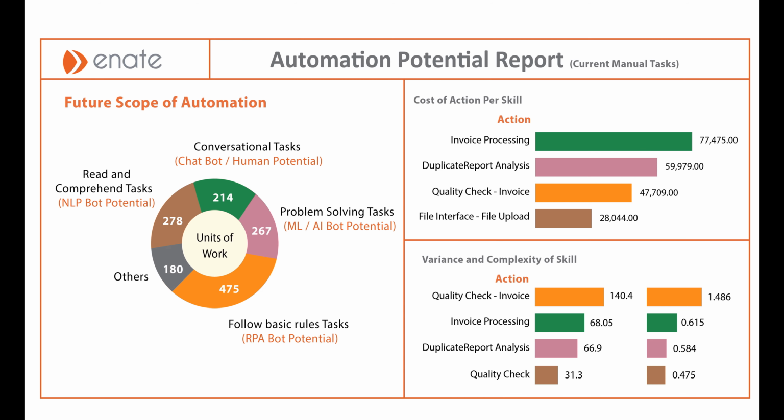The last graph on the bottom right is about variance and complexity. A business may plan to automate their first orange bar, as it's a lot of units of manual effort. But the orange bar to the right is standard deviation of 1.4. This basically means that sometimes humans may be finishing these tasks in 2 minutes, and other times it might be taking 15 minutes. This is indicative of a lot of variation in the task, and you're likely to overinvest in